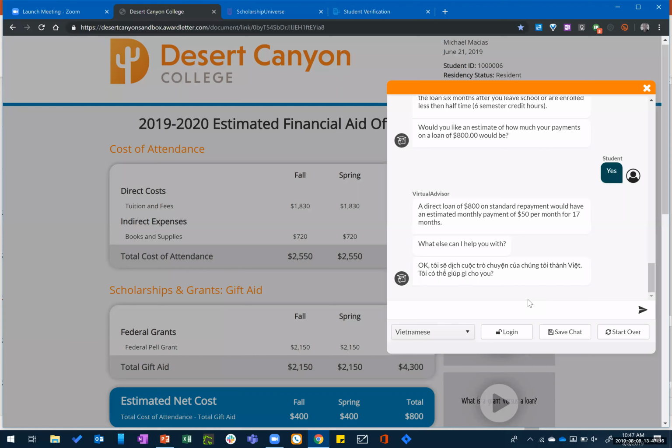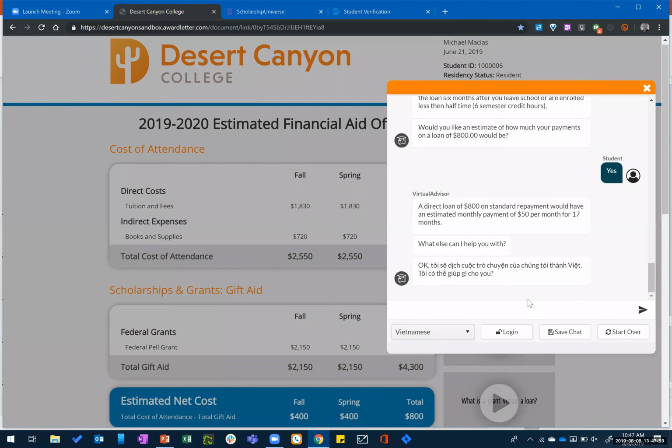How will the student know that if they log in, they can get information pertinent to their particular situation? Again, depending on where they access the bot, if they access the bot from any of our products, they'll be automatically logged in. But in cases where they may be coming in unauthenticated, it will depend on the bot's determination of their intent. If the bot is able to determine that the intent of the student is to get something personalized like their GPA, and they're not authenticated, its response will be, I would love to help you with this, but I need to know who you are. So I'm going to direct you to log in, and then we can continue the conversation.